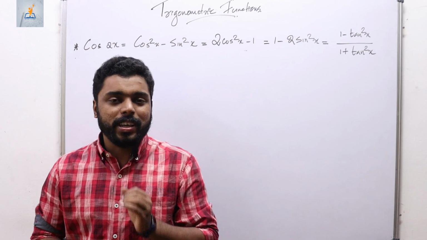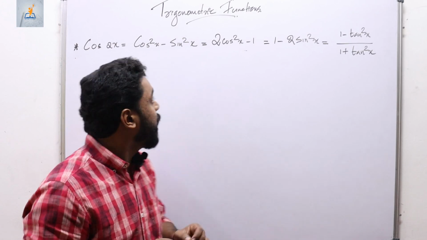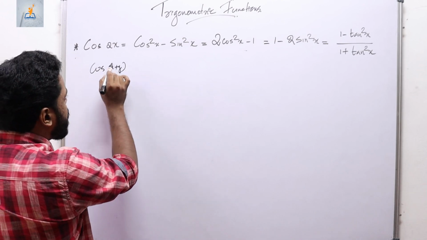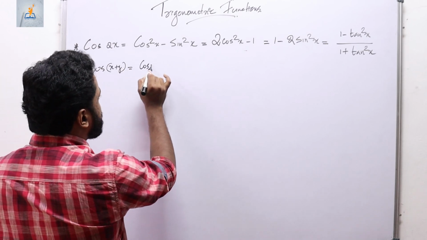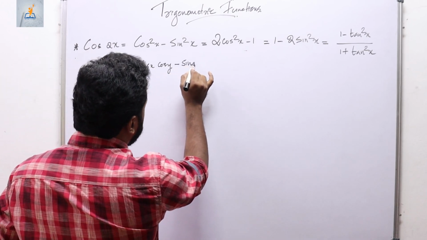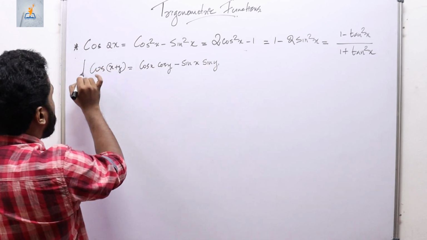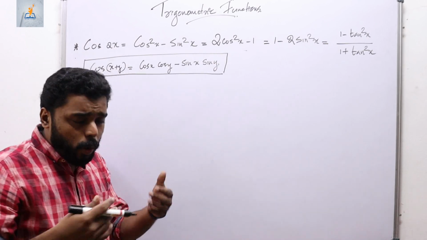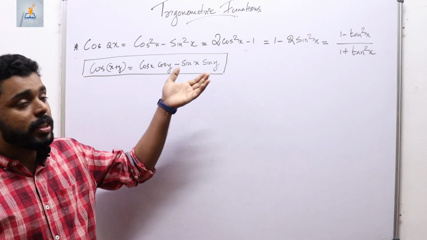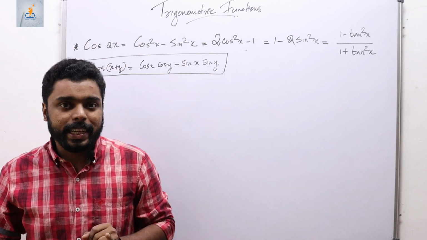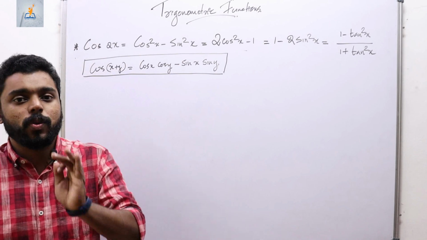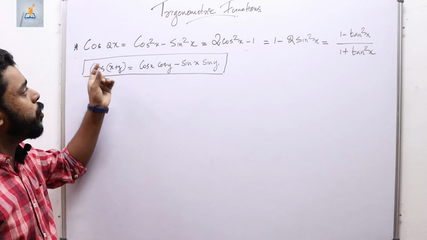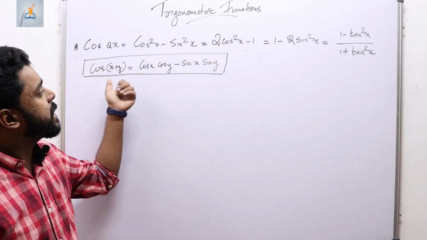Now we shall derive the first trigonometric identity that we have to learn today, which is cos 2x. We know cos(x+y). We learned what is cos(x+y) yesterday, isn't it? It is cos x cos y minus sin x sin y, and I told you that this is a fundamental trigonometric identity, very important, because we derive most of the trigonometric identities using one among the four important identities like cos(x+y), sin(x+y), cos(x-y) and sin(x-y). I told you this in the previous class, isn't it? So we are going to derive this entire identity from the basic identity.